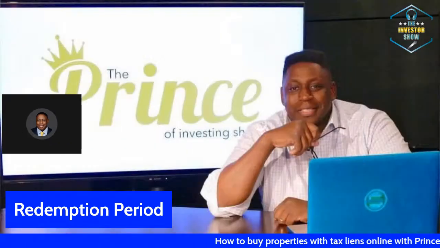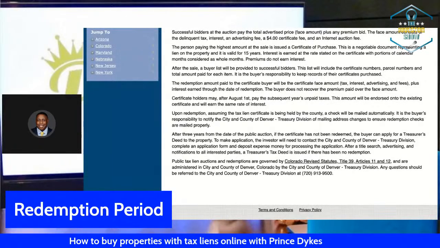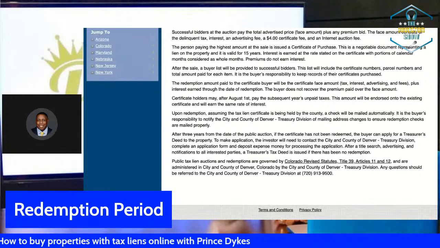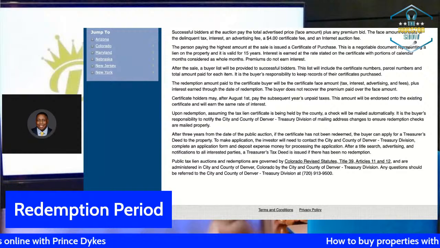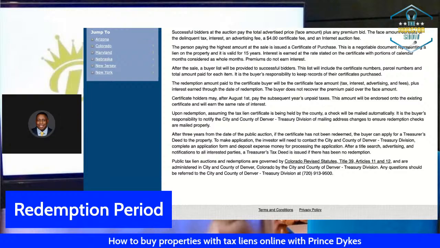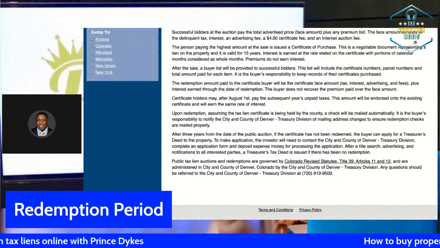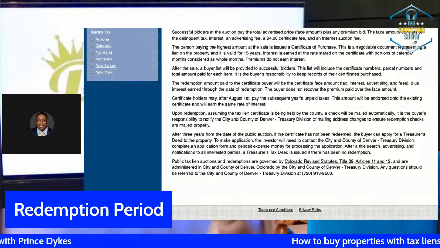After you purchase it, there's the redemption period. You have to Google and look up your state. If you're buying in New Jersey, Colorado, California, Texas, it all depends. You can have a different redemption period. The redemption period is how long you must own a tax lien before you can file to just have the